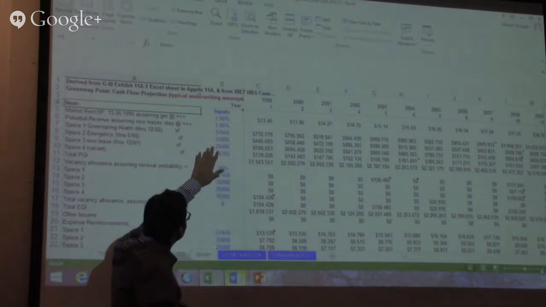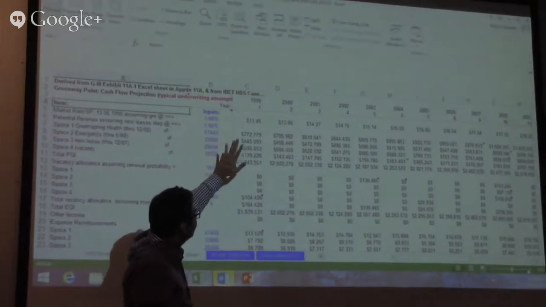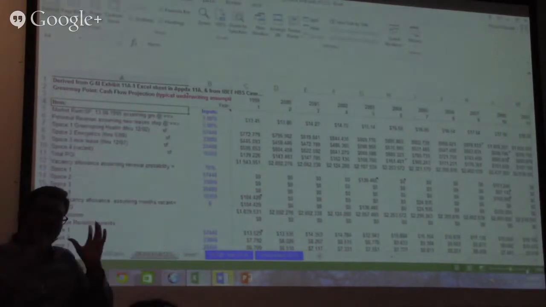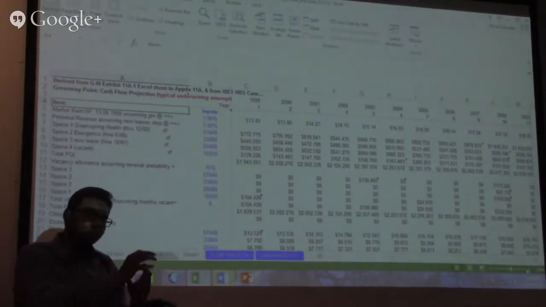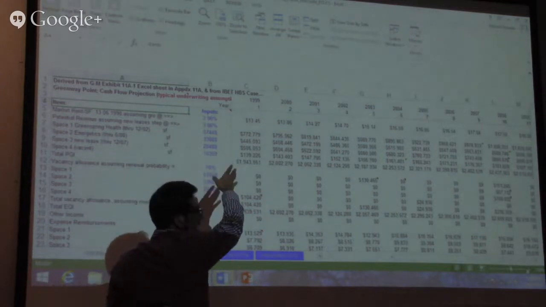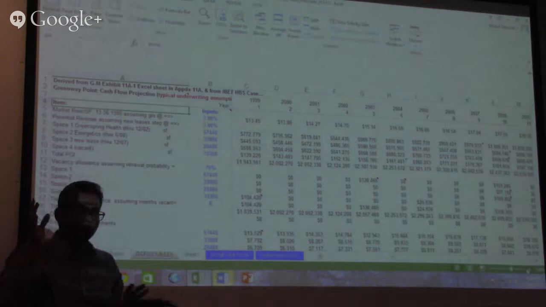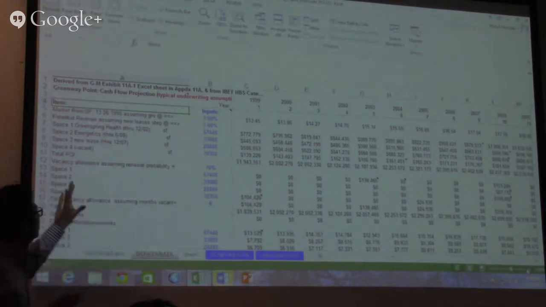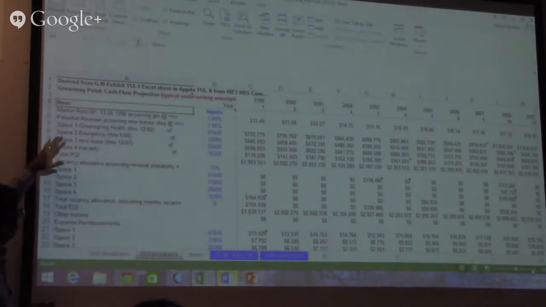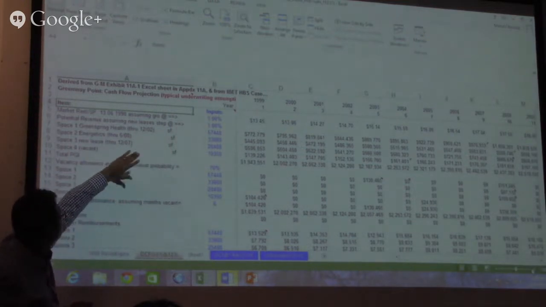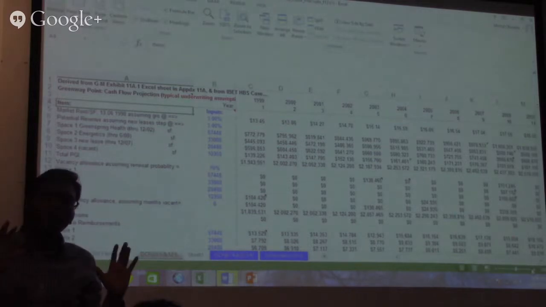So once you have this information, you have the rent, right? The first year is just what is your individual lease square footage times your rent. So your rent times your areas gives you your revenue, okay? So you have this information up until here. So how do you think about it? Why do you want to do